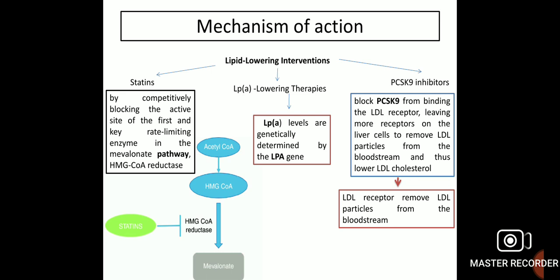Then renin angiotensin aldosterone system blockade. So we all know this mechanism, but I will briefly explain how this works. In this pathway the end product is aldosterone. Aldosterone causes vasoconstriction, increases sympathetic output, retains water and sodium, vasodilation, apoptosis. So if this pathway is blocked, then all these processes will be blocked. So ultimately these outcomes are on the heart.